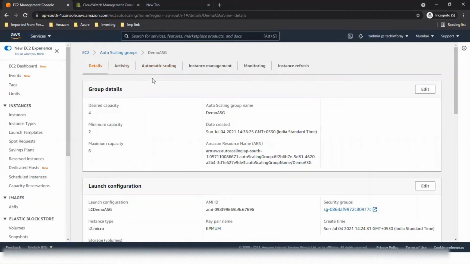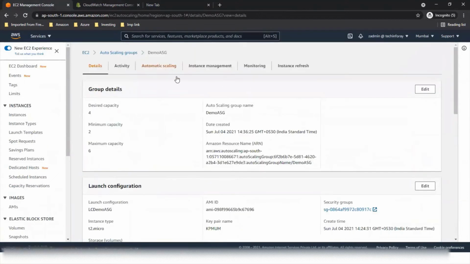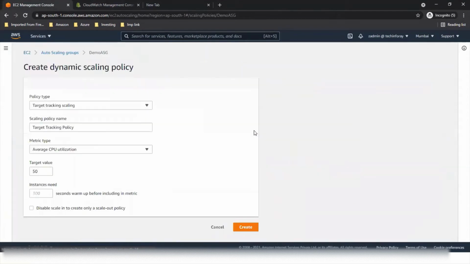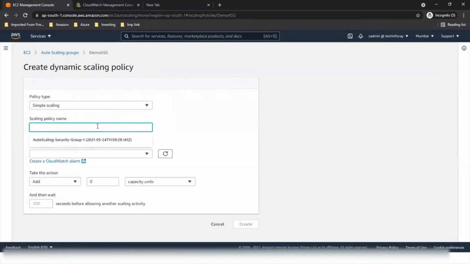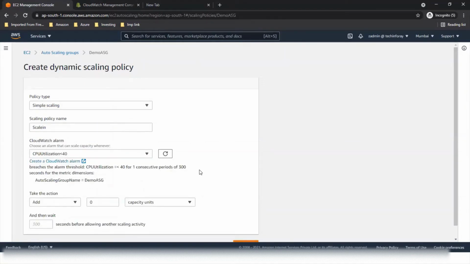So this one, network, auto scaling. So dynamic policies, create dynamic policy. So let's keep simple scaling, policy name, scale in. And we are using 40. So scale in means we have desired capacity as 4 machines, but in case the average utilization of these 4 machines, let me describe it diagrammatically.